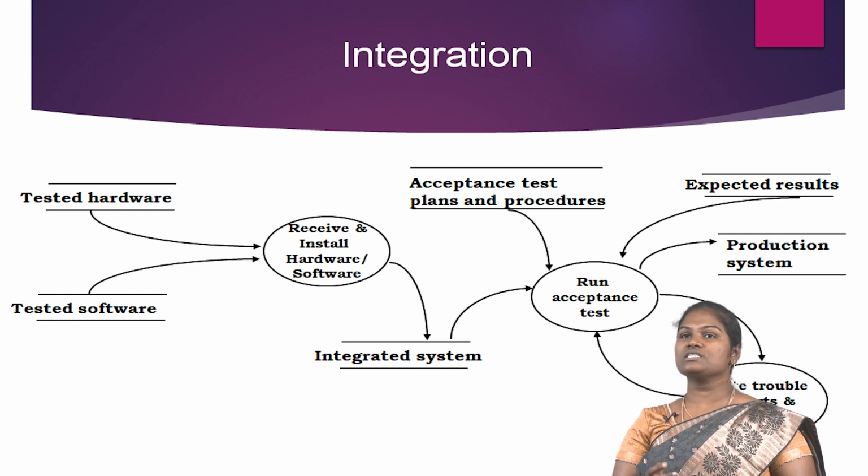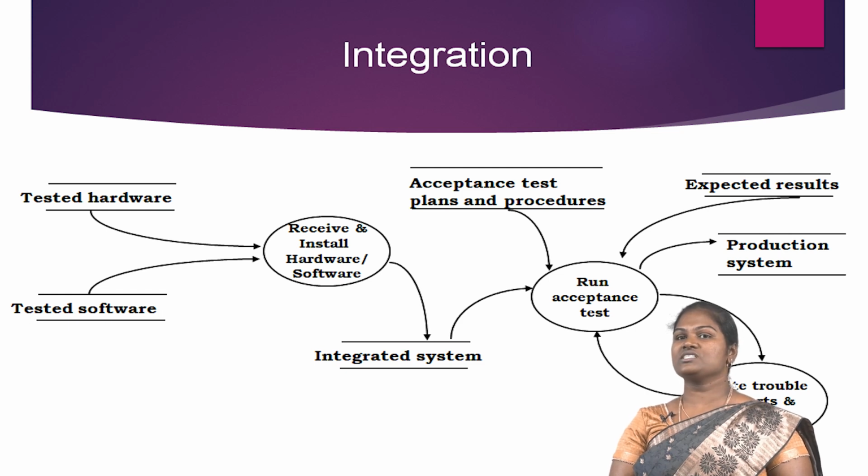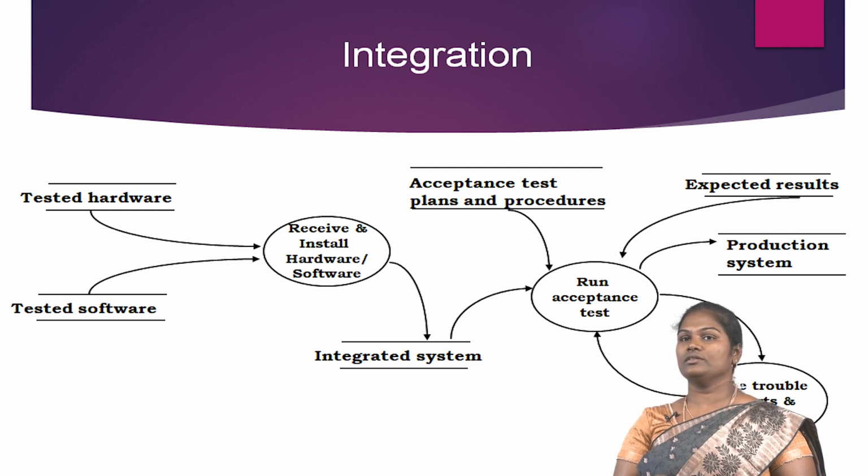An acceptance test is conducted to validate that the system meets the user requirements. The same kind of trouble report used for testing can be used during the integration phase in case problems are found. At this point, the fuel injection, emission control and timing system are loaded into the actual computer hardware box that will be installed in the car. All tested components are brought together and tested together as a system.